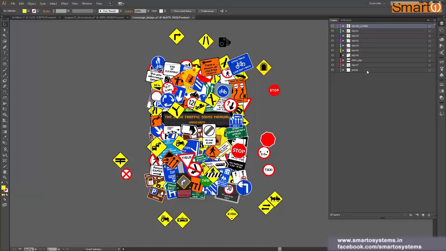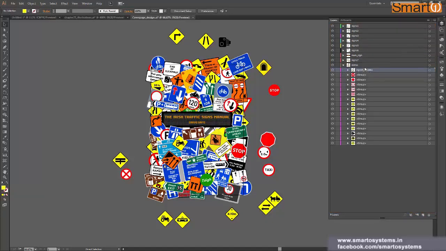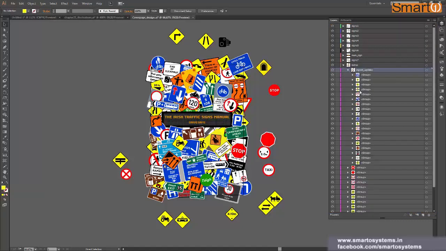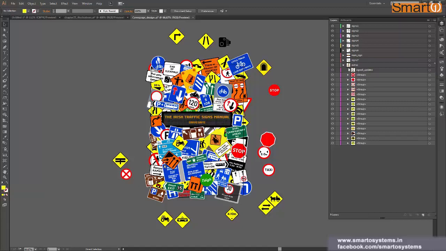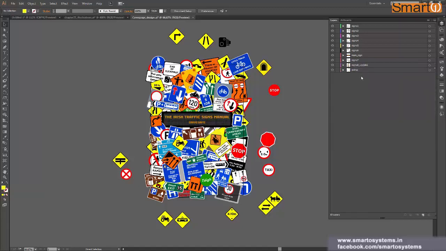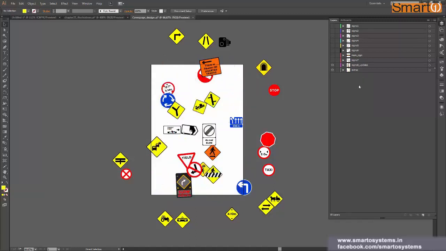Okay, now what happens if I release it on a layer? Let's say this sign 8, I am dropping it in extra. Now what it does is it dropped my entire layer inside a layer. So it is called the nesting of layers. So I have this layer sign 8 update inside this extra layer. Yeah, that's fairly simple. And let's just undo it and hide all the layers we don't need.